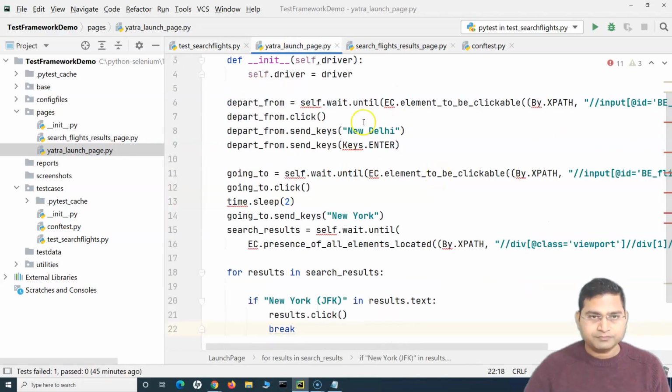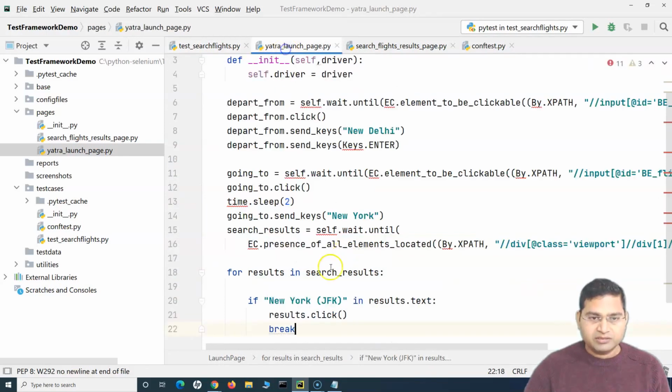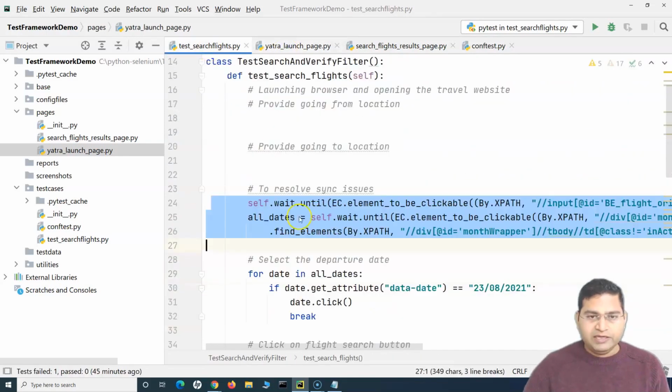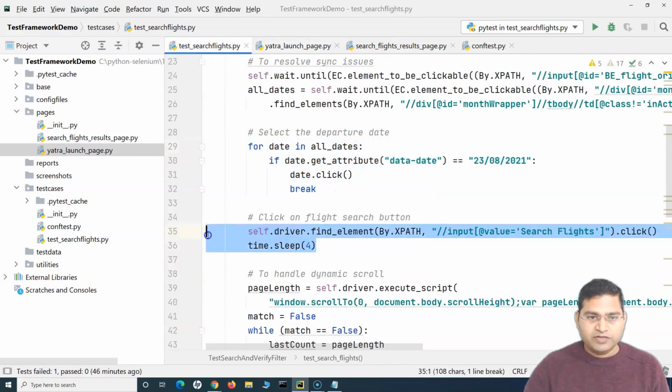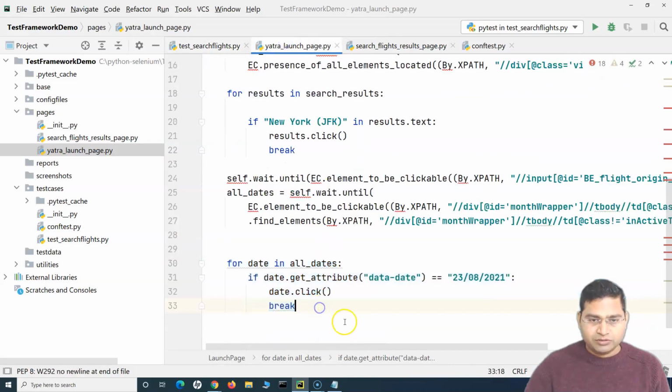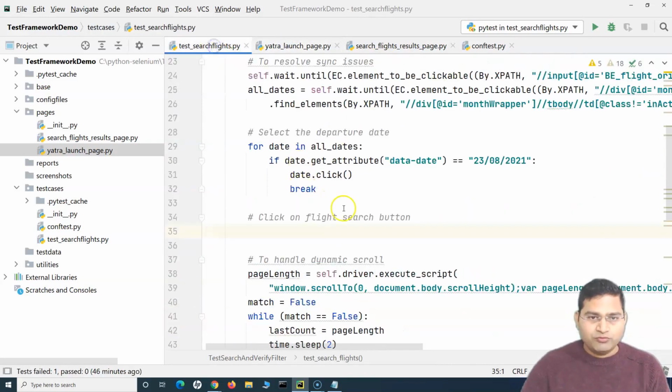Okay, because these are all part of one page, and I'll move this sync details as well. And from the search departure, select departure date, I'll move that as well. And finally flight search, right? So clicking on the flight search. Okay, so all of that code has been moved now